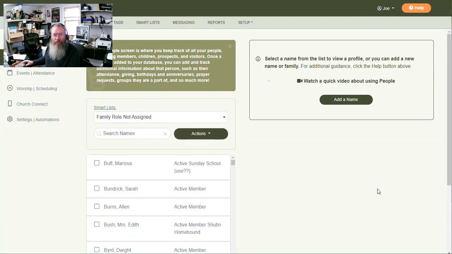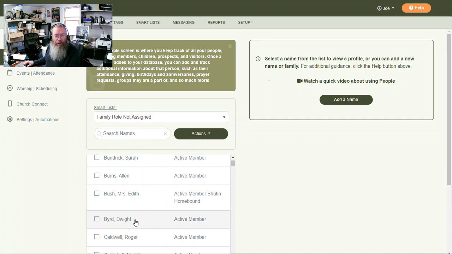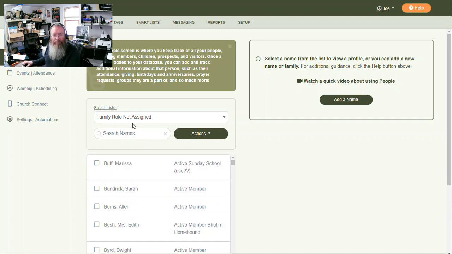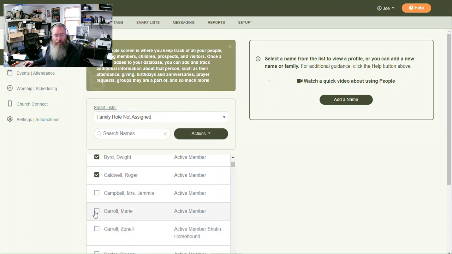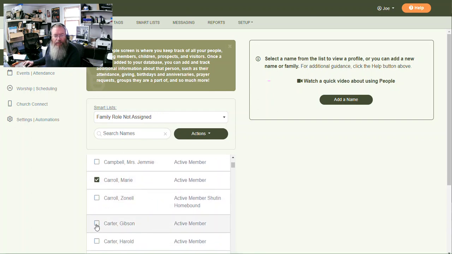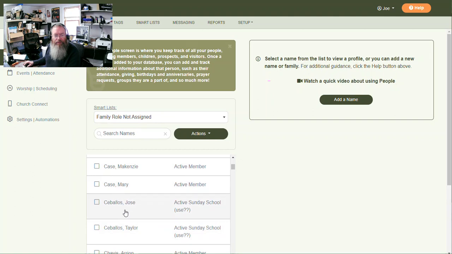And now we've changed all those people. You'll notice they also disappeared from the list because the family role has been assigned. So we see Alan Burns, but we don't see Cindy Burns. We see Dwight Bird. We don't see Kathy Bird. So let's do some of the primary role. So Sarah, Alan, Dwight, Roger, Marie Carroll, Gibson Carter,